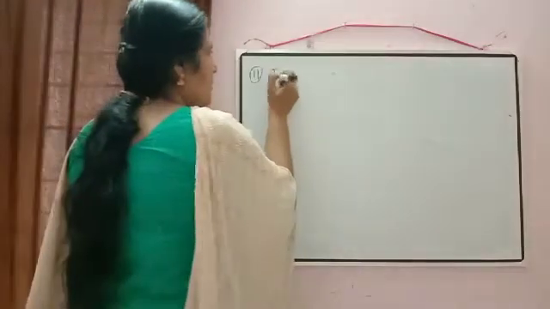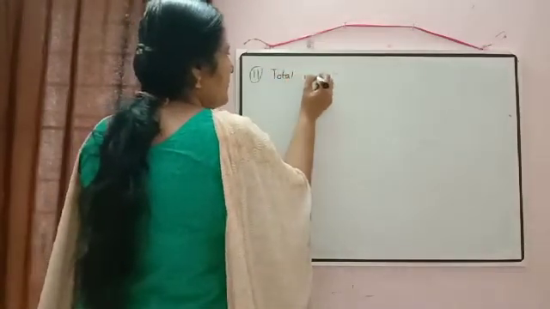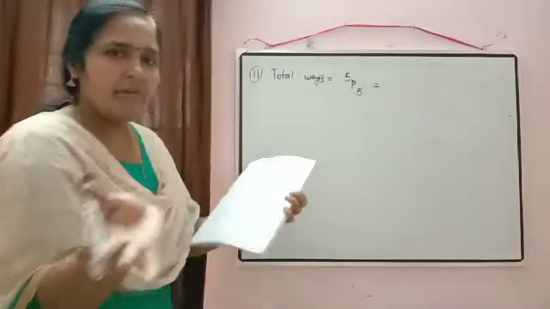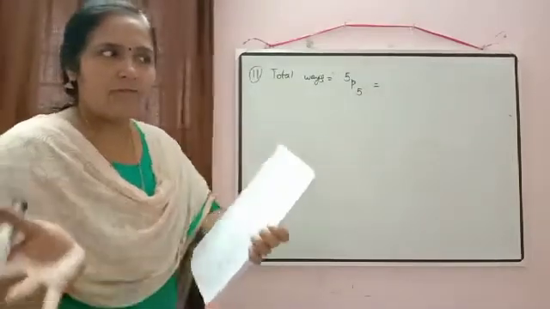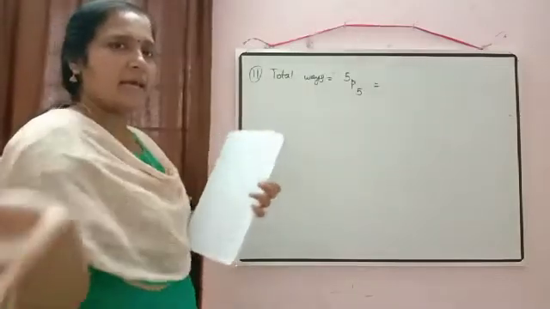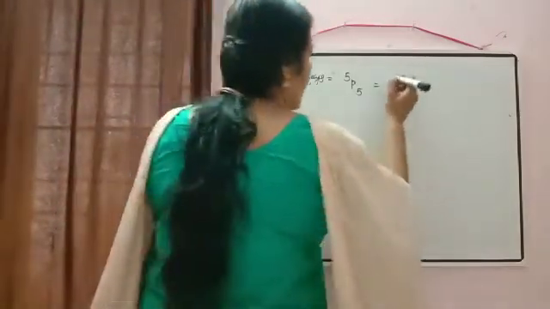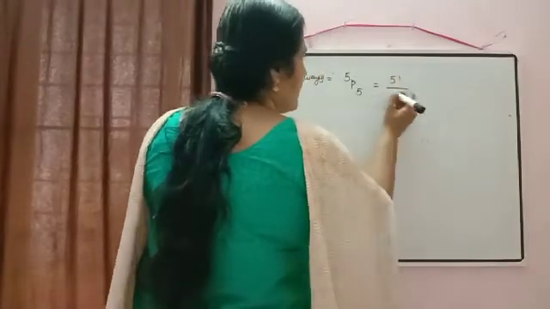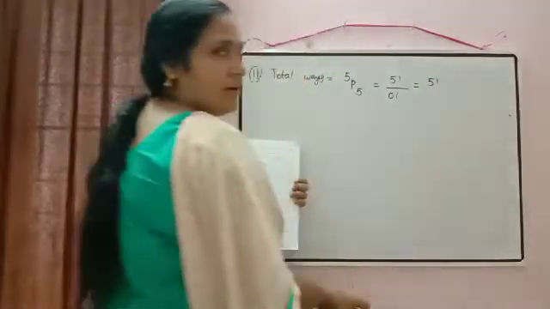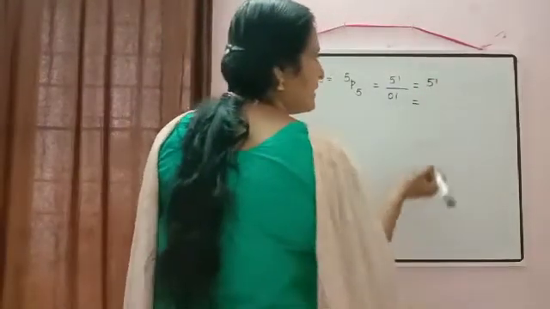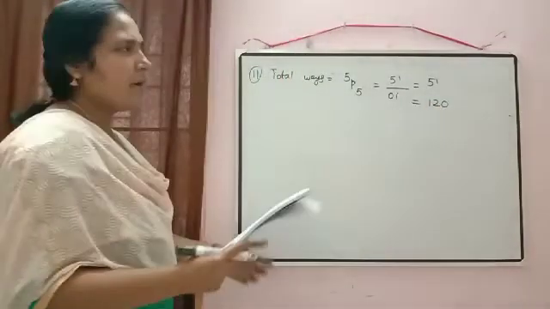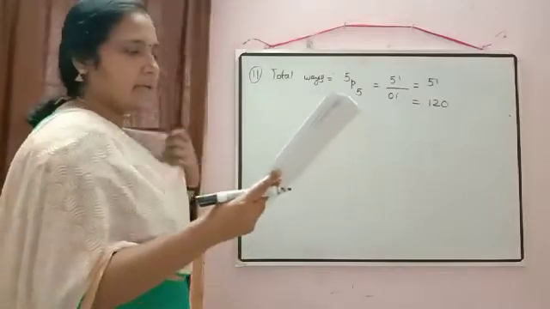So just write down there, total ways is equal to all 5 children we need. So that will be equal to 5P5, means we are taking all at a time. All 5 children we need to make a queue there. So arrangement of 5 children taken all at a time, 5P5. So that will be equal to 5 factorial by 0 factorial. 0 factorial is 1. So it is equal to 5 factorial. And value of 5 factorial is? Yes, correct. That is equal to 120. Some values you should remember so that you can write it directly.